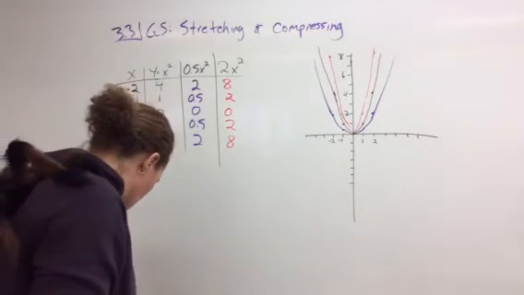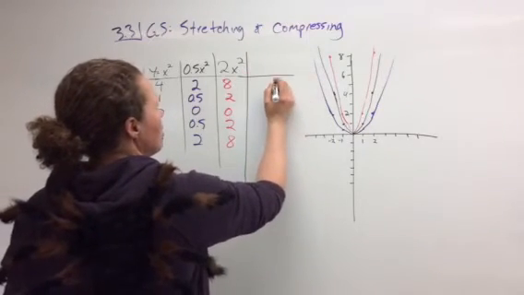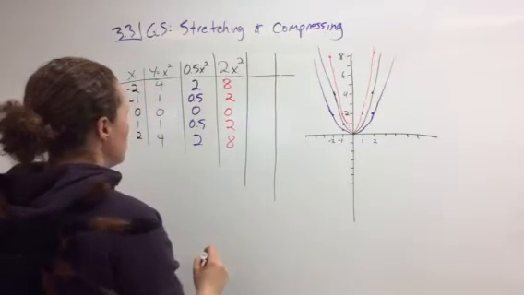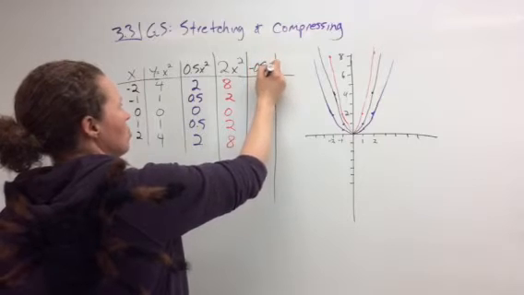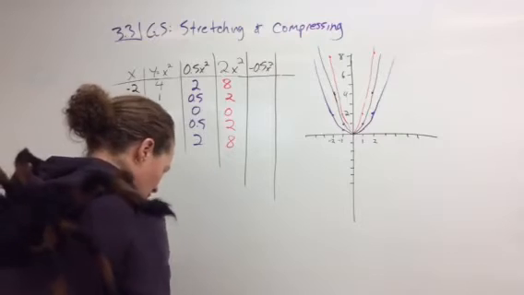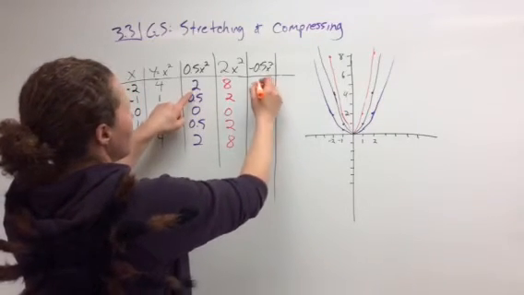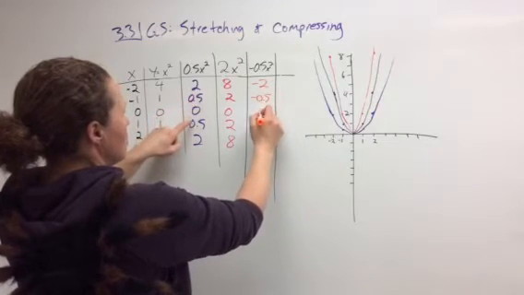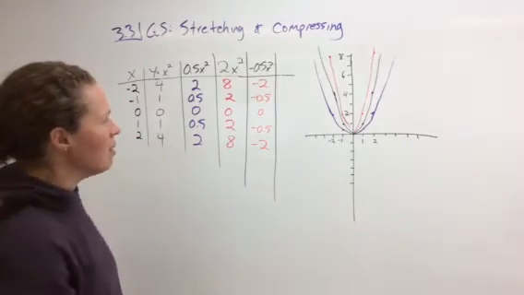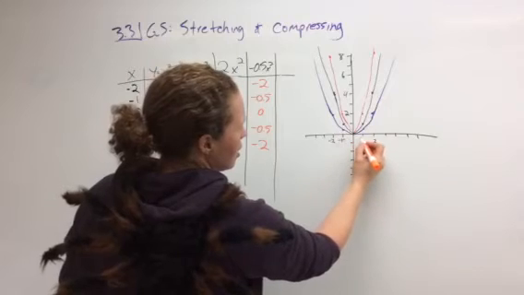Your book continues by applying a negative. Now, we know that negatives flip things. So, the first thing they do is negative 0.5x squared, which means that all of these numbers are just going to be negatives now. So I can go negative 2, negative a half, 0, negative a half, negative 2. And what that's going to look like on my graph is this whole thing goes upside down. So it's going to be negative a half,